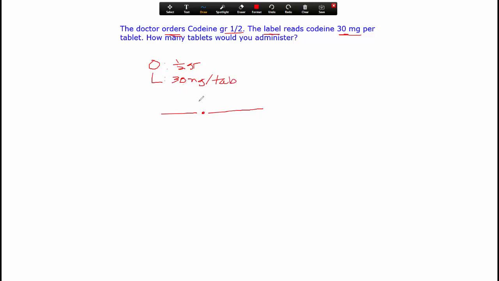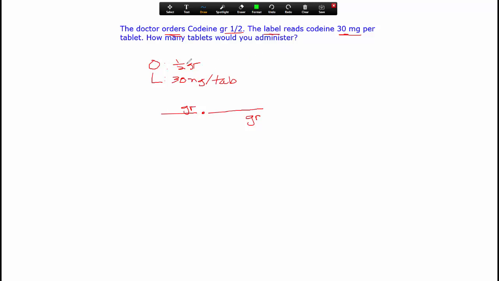Okay, so what I do now is I worry about the units. I'm not going to worry about some numbers just yet. So I'm starting out with grain. And I'm going to copy and paste grain on the bottom. I'm not worrying about anything else now. I just take the order, and I always start with the order. I take the grain and I lay it down. Okay, now I go from grain, and let me change the color so it's a little bit easier to see. I go from grain,